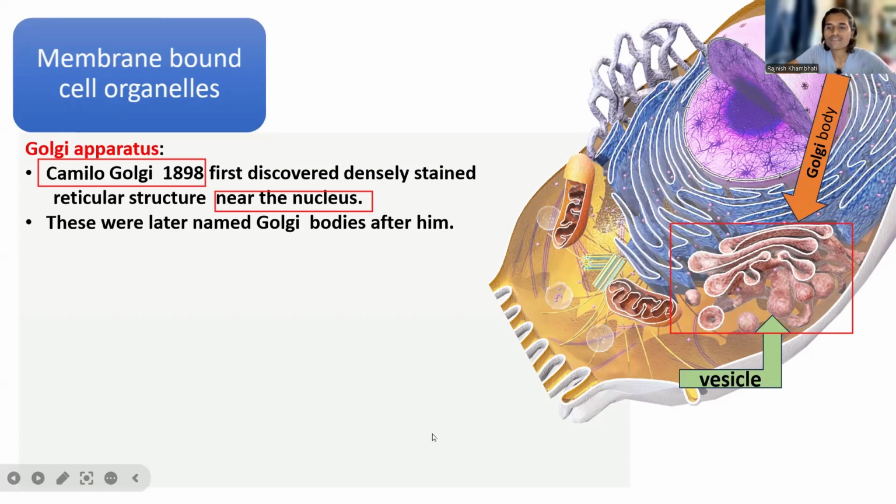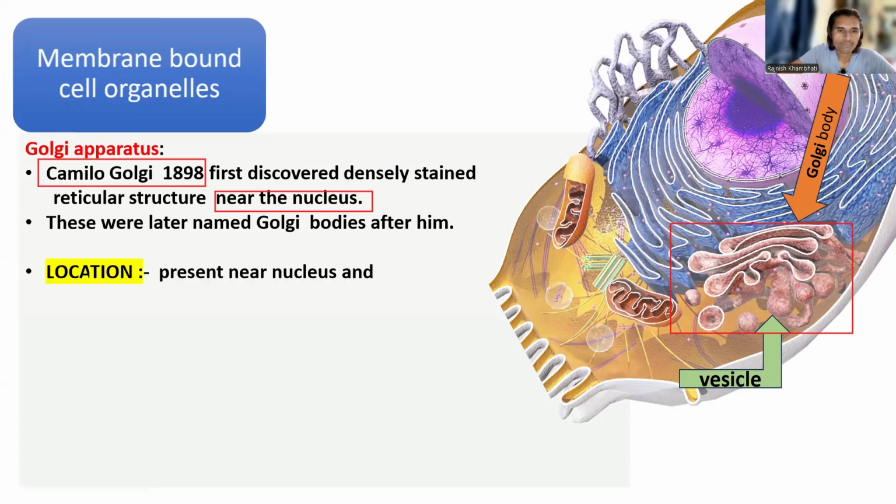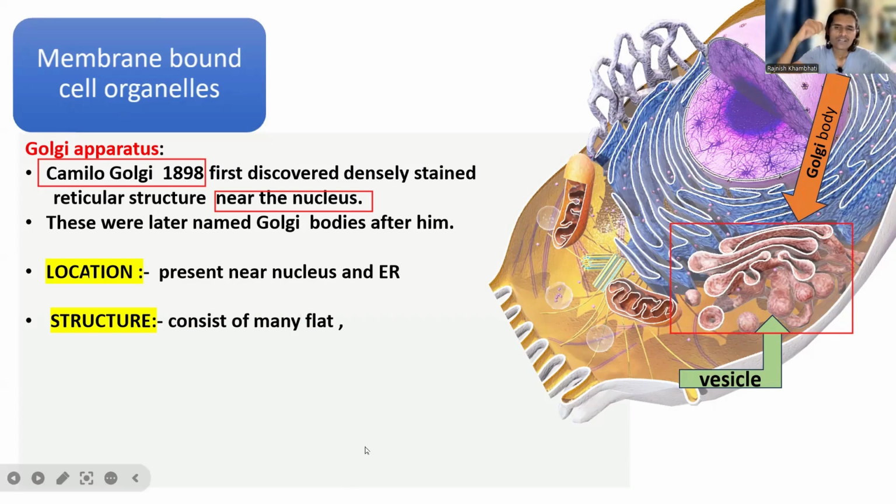These are known as vesicles. We are going to draw this, but first, let's see the location and the function. The location is near the nucleus and endoplasmic reticulum. As for the structure, Golgi bodies may consist of many flat or disc-shaped, sac-like structures. They are made up of disc or sac-like